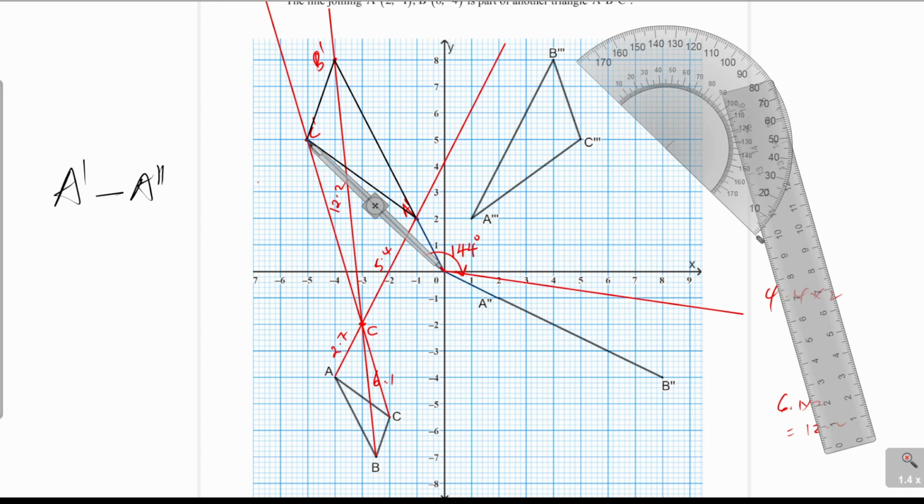So from this C prime to the center, that distance should be equal from the center to C double prime. So you mark